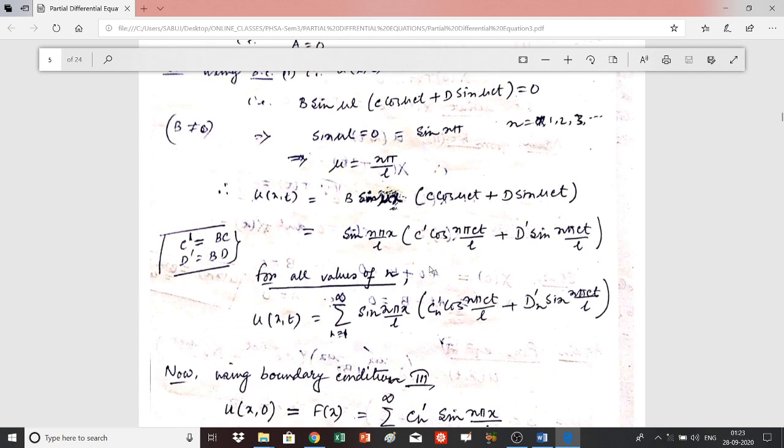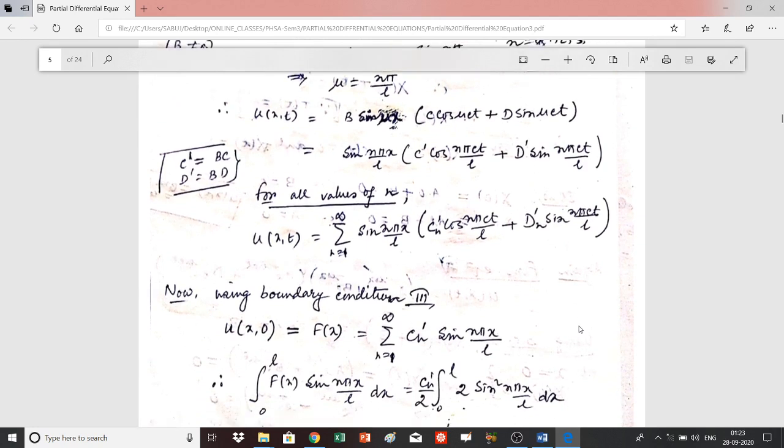Now for all values of n, if you consider all values of n, you have to sum over this term. So u(x,t) is equal to the sum from n is equal to 1 to infinity of this term. Now using boundary condition number 3 that was given as u(x,0) equal to a function of x, you can write u(x,0) is equal to f(x), that is equal to the sum from n is equal to 1 to infinity, and then you see that in this case t is equal to 0, so cos this term will